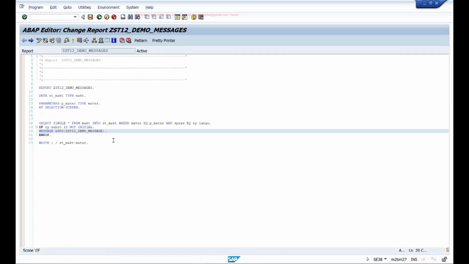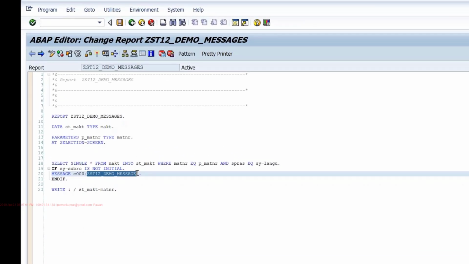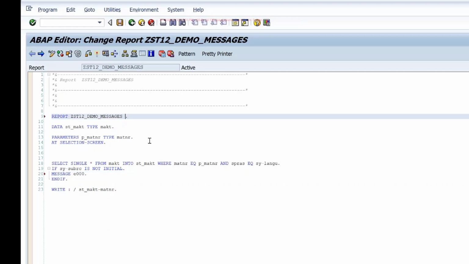And if all the messages that you're showing in your program are from the same message class, then instead of maintaining this message class name in brackets for each message, you can use this keyword in the report statement. You can say message ID and give the message class name here, and the system will automatically assume that all these messages are from this message class.